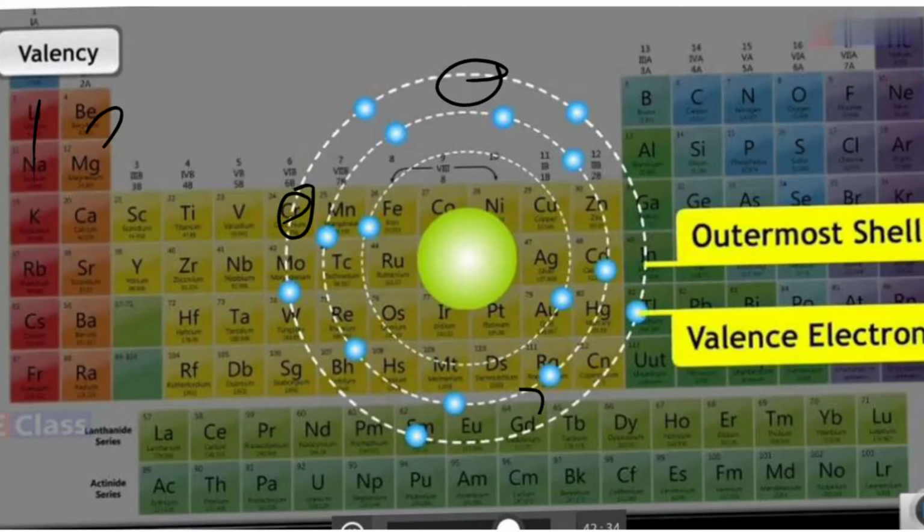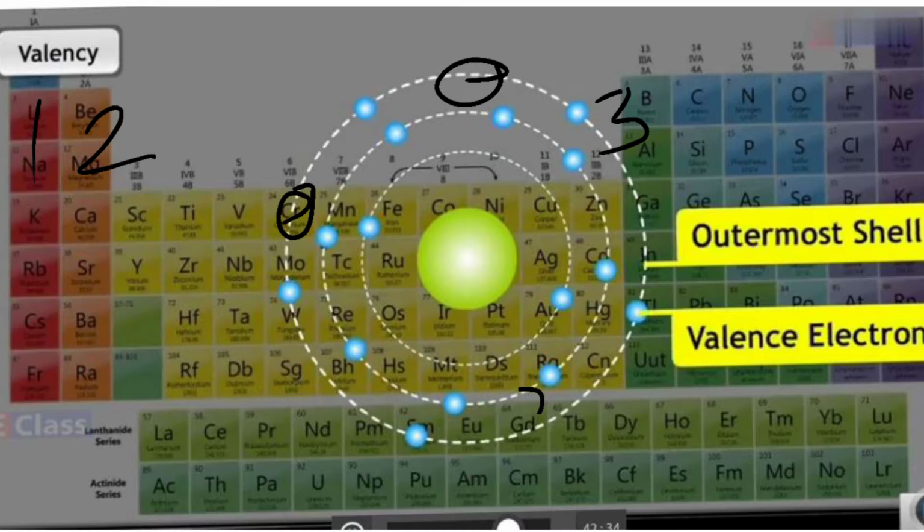If 1 electron is there, it will give 1 electron. So valency is 1. If it is 2 electrons, it will give 2 electrons. If it is 3 electrons, then it will give 3 electrons. If there are 4 electrons, then either it will take or give or share, whatever, because all require an equal amount of energy. Now if there are 5 electrons in the case of nitrogen, then instead of giving 5 electrons, it is better to accept 3 electrons, so valency becomes 3.